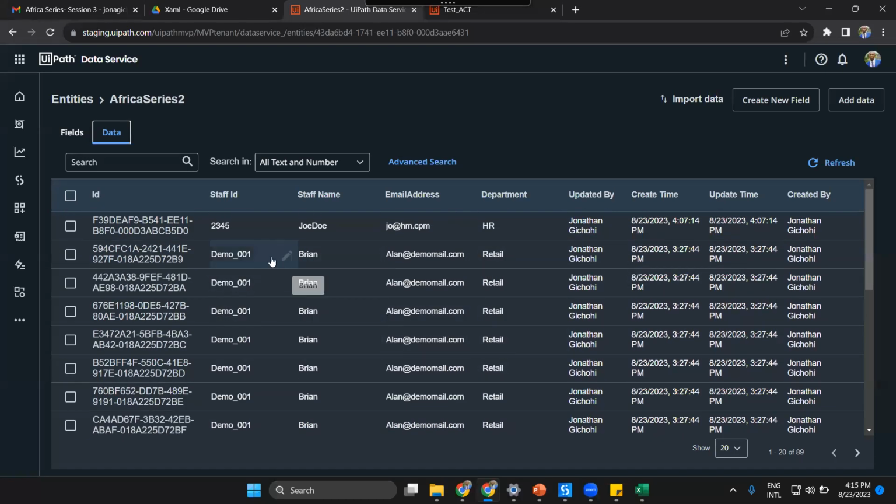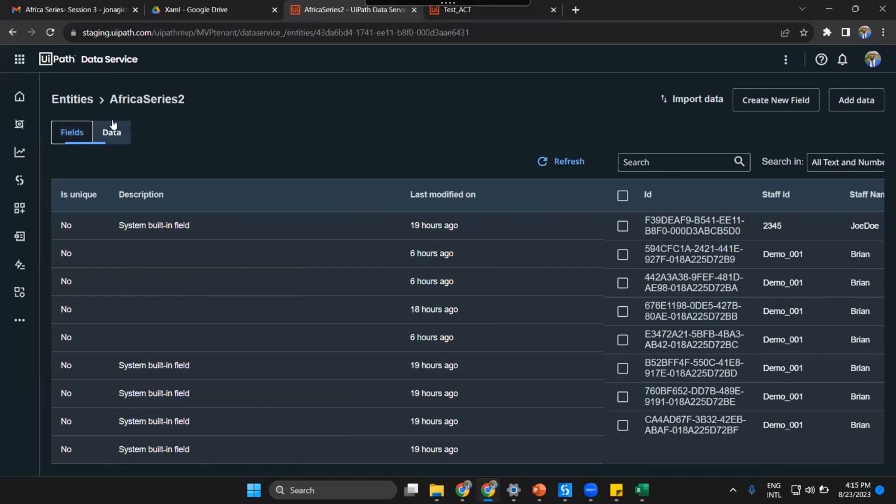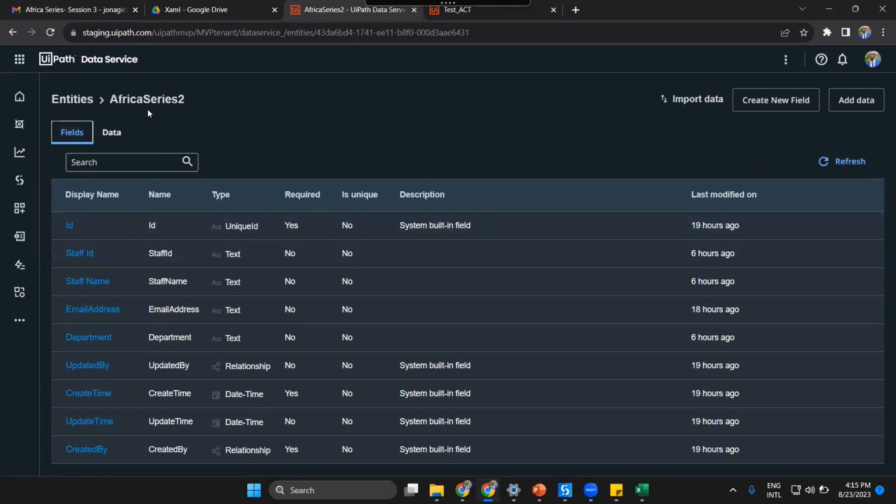So this is the entity you can see. In this case, we did not enable unique fields. The reason is you can see under staff ID we have demo 1, demo 01, demo 01, etc. So this is just a bit on how you can create your own entity in data service. So once we have this, the question is how are we able to sync from data service cloud back to